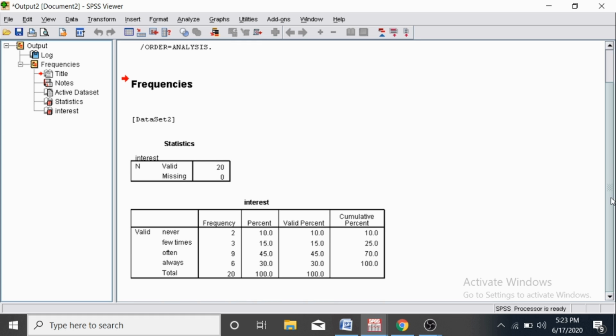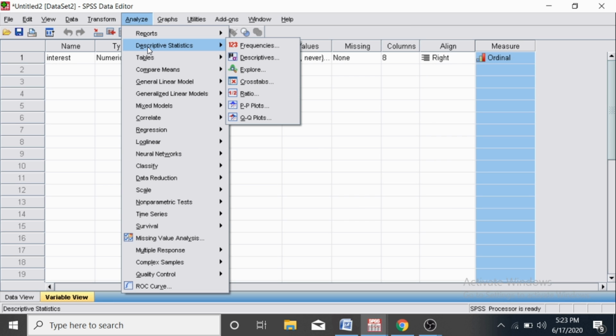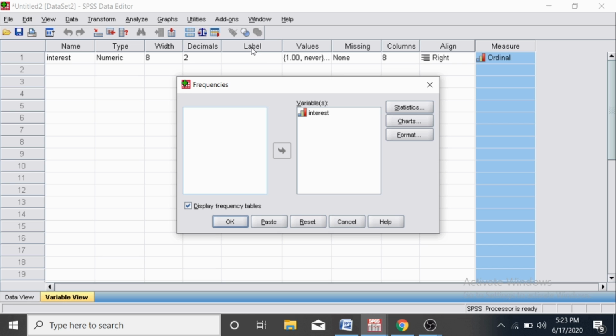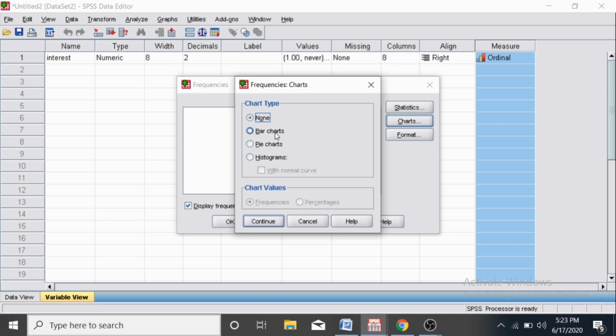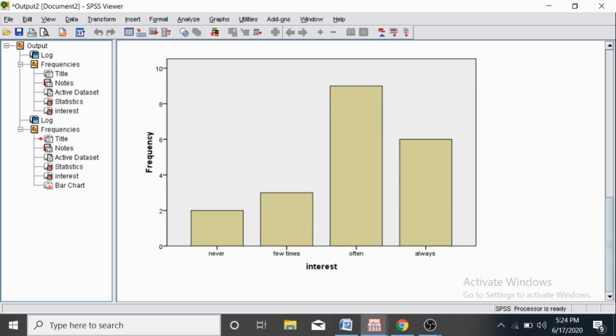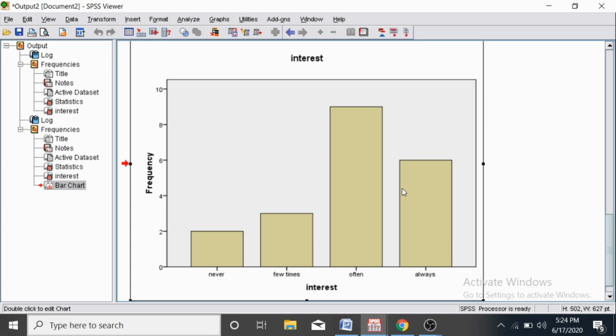Now you can see there is a frequency table for that particular information, which is showing the frequencies, cumulative frequencies, and relative frequency. Now for selecting the appropriate chart, we know that the data is categorical data. That is why I am selecting the bar chart.